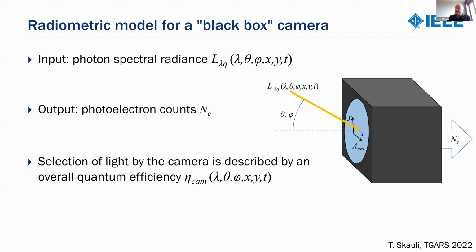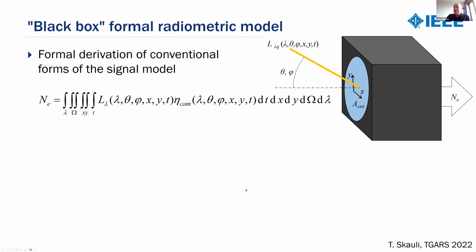Then the camera selects some of this light to become part of the signal in a pixel. It will select within a band of wavelengths, within a cone of arrival angles corresponding to a pixel, within an area in the entrance pupil plane corresponding to the hole where the light enters, and within the integration time. So this is a very formalistic way of describing what the camera does. And it gets worse when you see that the photoelectron count is a weighted integral over wavelength, angle of arrival, position of arrival, and time. But of course, this